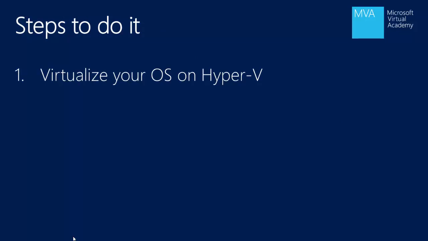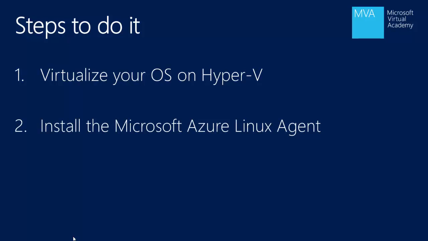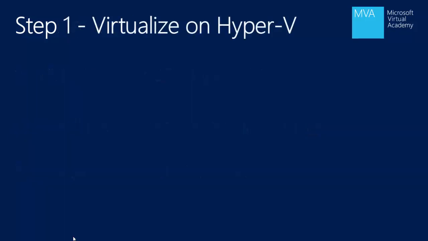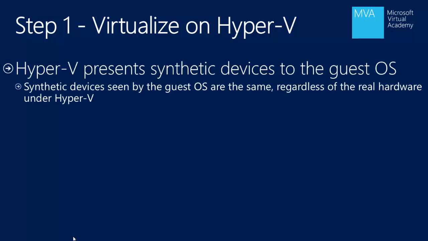The first thing is you should be using Hyper-V. So you should be virtualizing your Linux virtual machine on Hyper-V. The second step is to install the Microsoft Azure Linux Agent. And the third step is to configure your VM for Azure. I'm going to go deep down on these three steps. The first step is